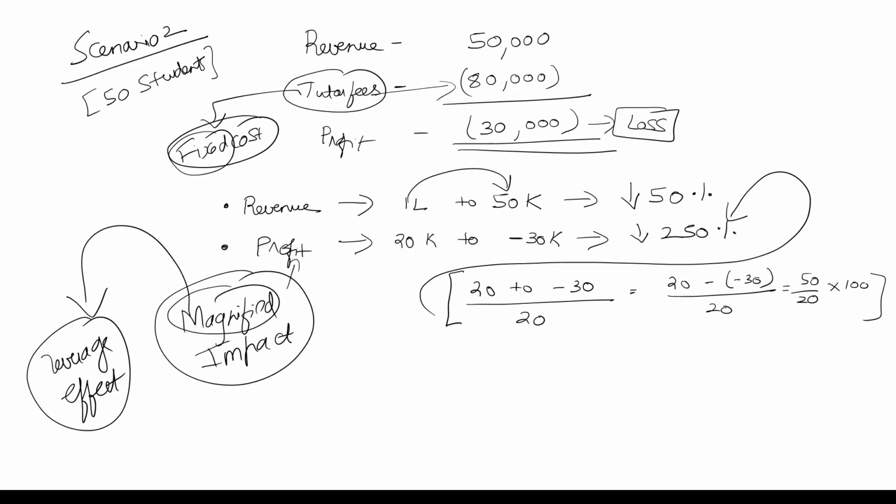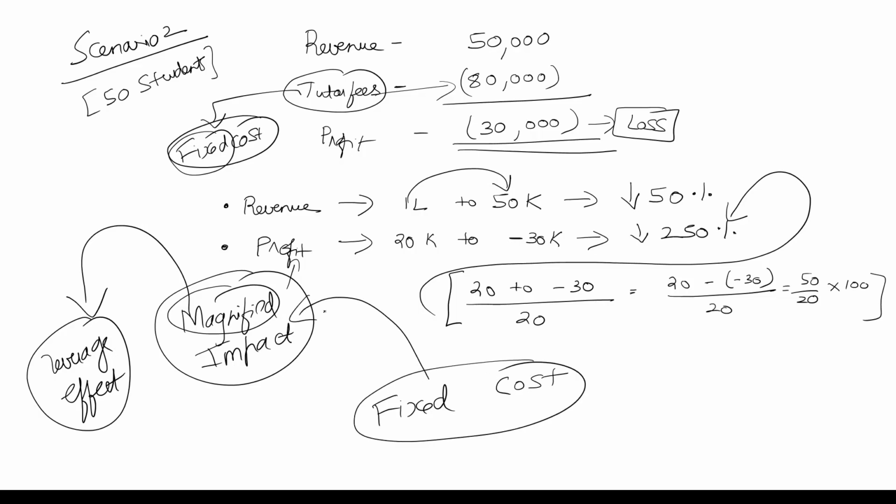So discussing this magnified impact from a P&L perspective also tells us that what is important for this magnified impact to be seen is a fixed item. Since we are talking about the P&L, we are talking about cost. In example 1 we were talking about things from a balance sheet perspective, so we were talking about sources of finance, but here it's P&L, so we are talking about items of cost. So whatever it is, this fixed item remains the contributor to the magnified impact,